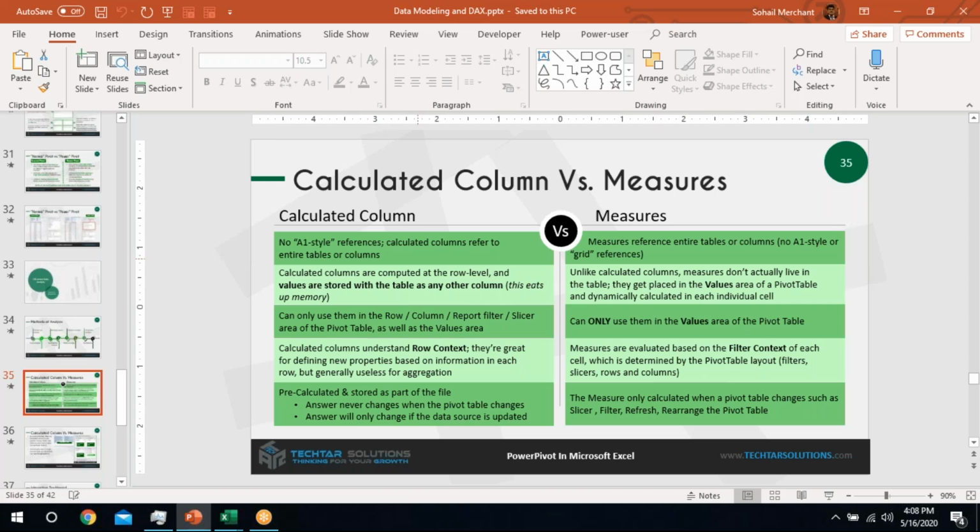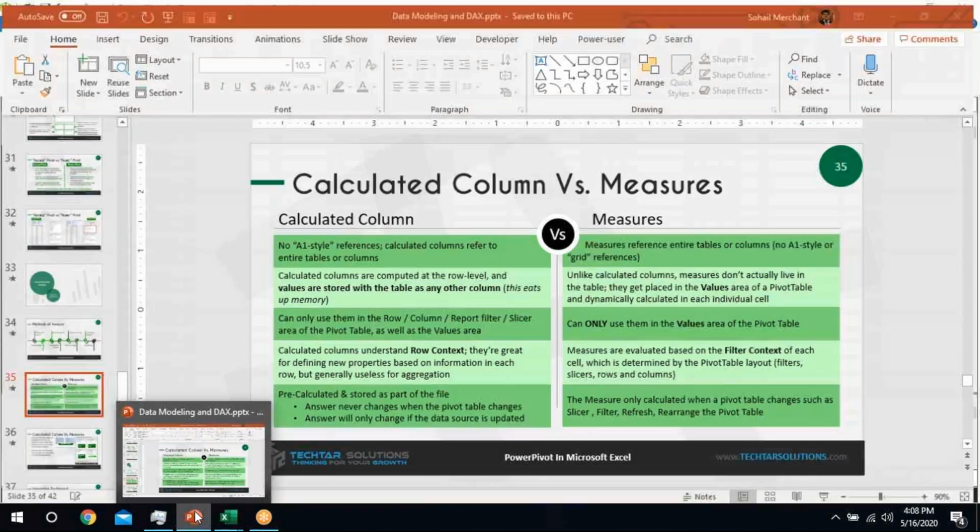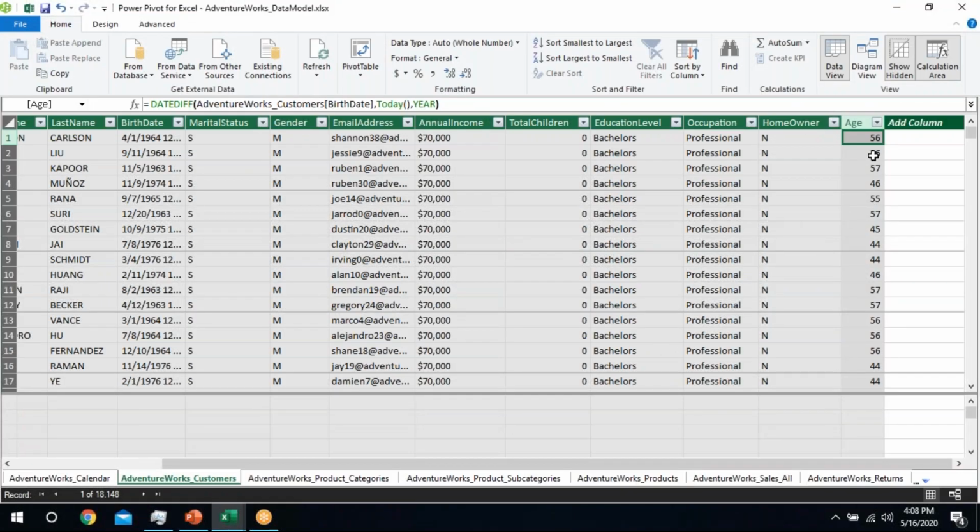This is not applicable in Power Pivot. We have to write a formula, either a measure or a calculated column, and it will be applied to the whole column of a table. We can also use a particular column of a table with a particular column of another table and create complex calculations known as measures.